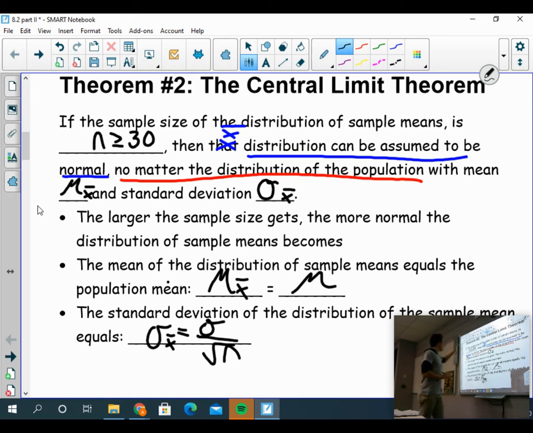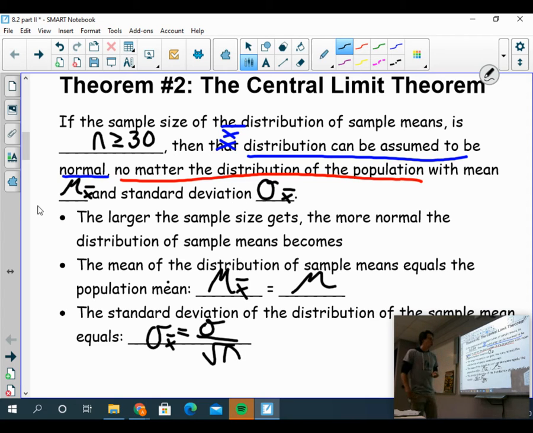Okay? But nonetheless, as long as the sample size is greater than or equal to 30, the distribution of sample means is normal. Your next two consequences you've already seen in Theorem 1. They're the exact same. The only difference is in the initial setup. Let me explain. If the sample size is bigger than 30, according to the central limit theorem, the distribution of sample means is